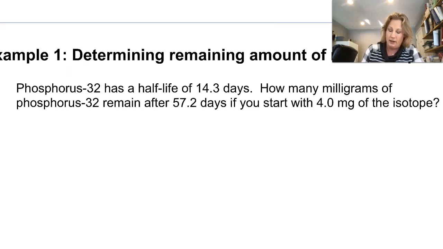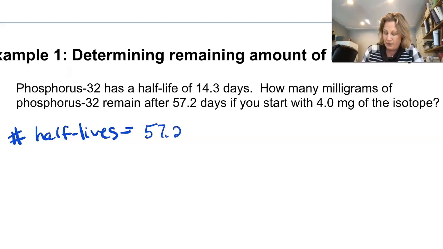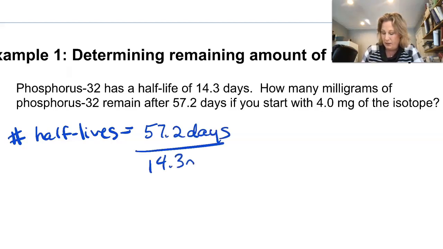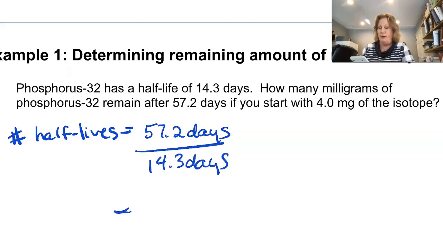The first thing, in order to figure out the number of half-lives, is to take the total time divided by the half-life time. And again, our numbers are going to work out perfectly as whole numbers. So we end up that it's going to undergo 4